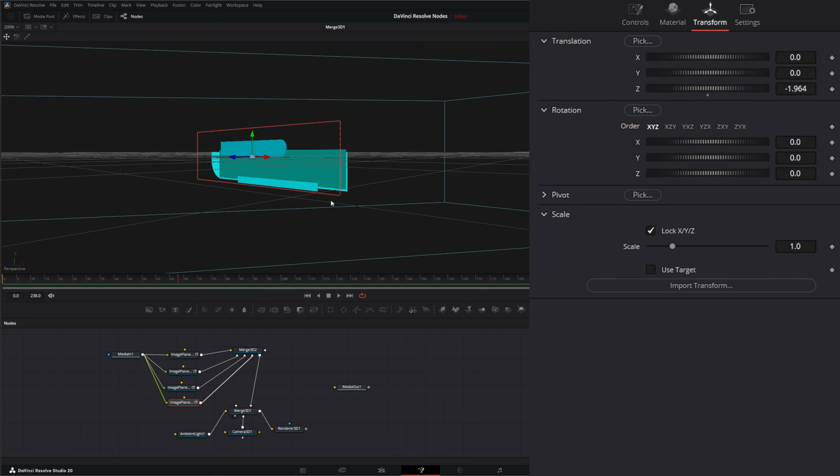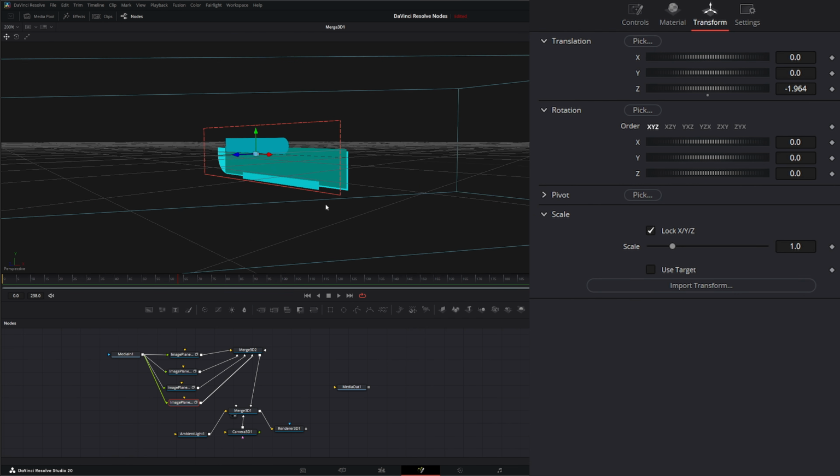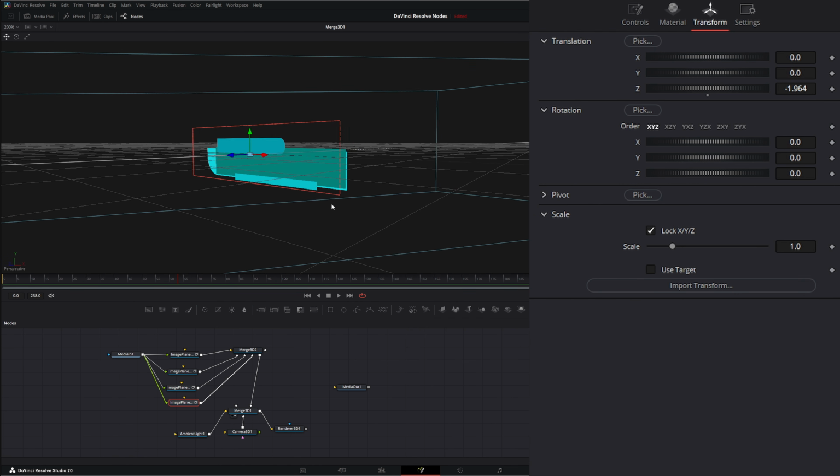And now we've got our little lower thirds in the 3D world, nice and easy using that new layer pipeline